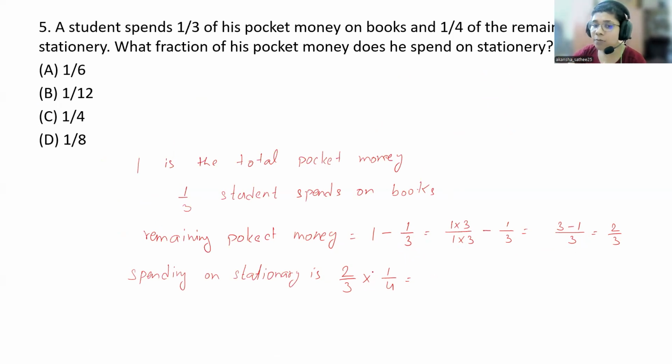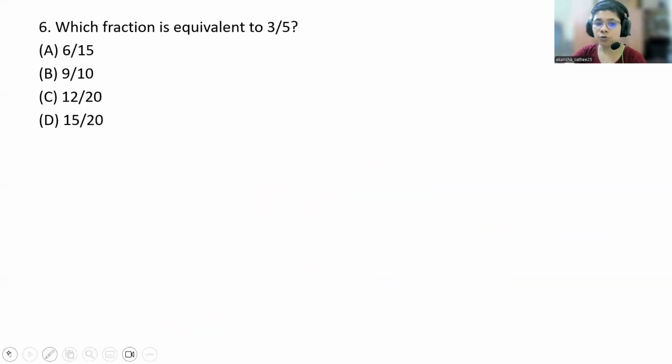And what is the rule for multiplication? Numerator into numerator, denominator into denominator. So that will be 2 upon 3 into 4 is 12. But you can simplify it. Now you know that 2 and 12 have a common factor 2. So 1 by 6. So 1 by 6 is the correct option. So option A is correct, right? That is how you have to do. And that is how we are using addition, subtraction, multiplication, everything in solving these simple problems.